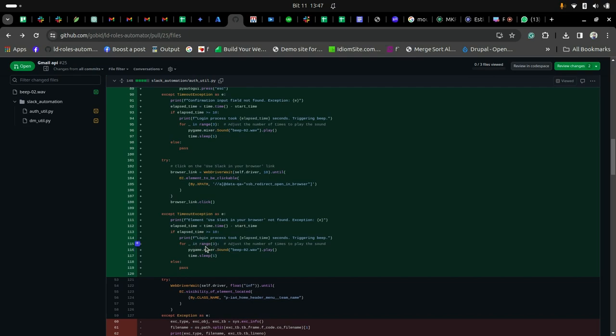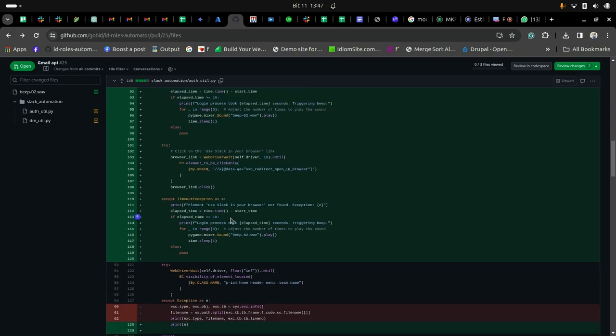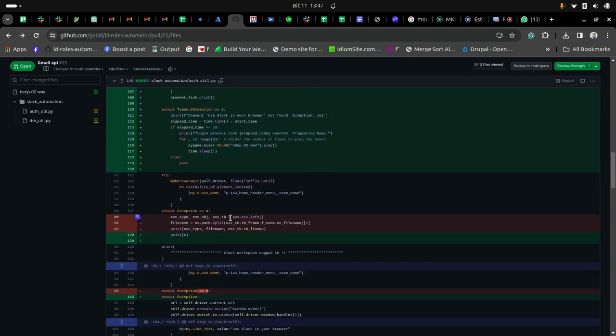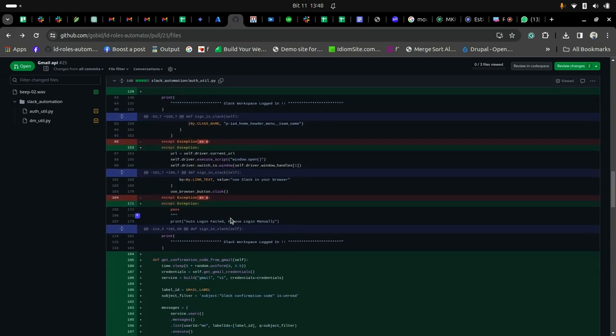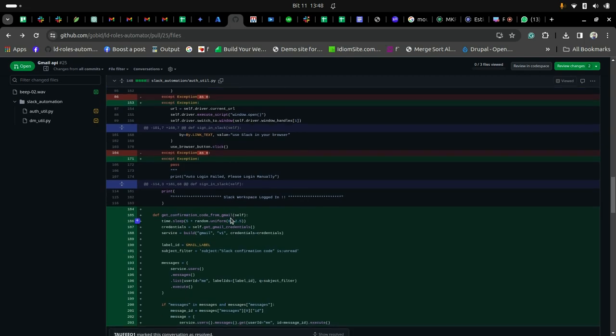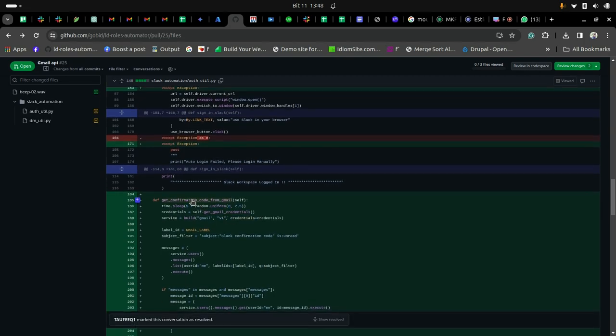So it should beep for 3 consecutive times, and then the user will be able to click on that, and the script will continue working as expected. Then down here, let me just go straight to this function. The name of the function is get_confirmation_code_from_gmail. As you saw, this is what was being called up there, and without this, what you have up there cannot